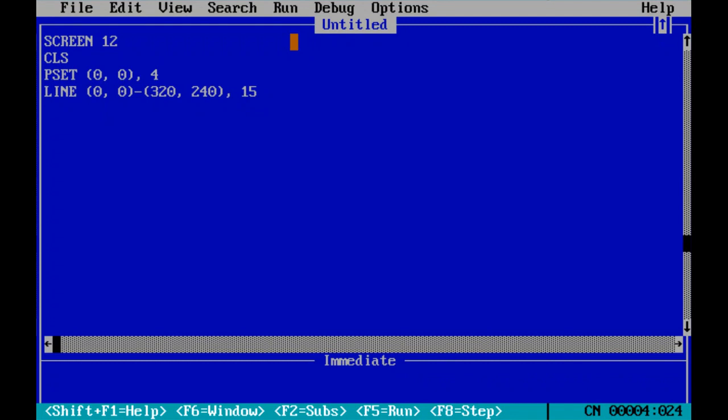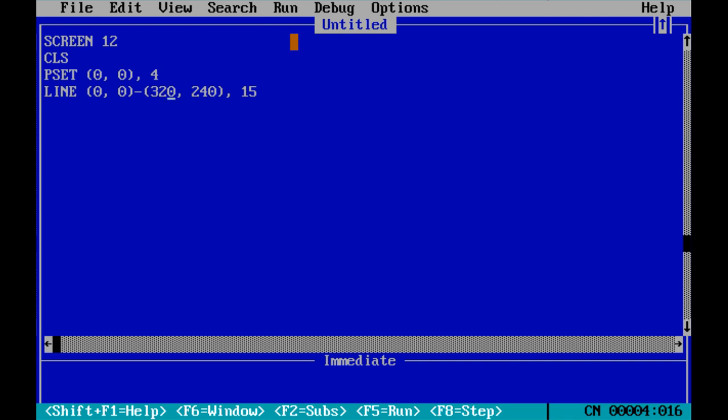The line lets you draw a line between the 2 points specified by x and y coordinates. Note that the y coordinate is upside down, 0 is the top and the number goes towards the bottom of the screen. Here is the example. The line command draws a line starting at the coordinate 0, 0, which is the upper left corner of the screen. The line ends at 320, 240, which is the center of the screen. The last number 15 represents bright white for color.